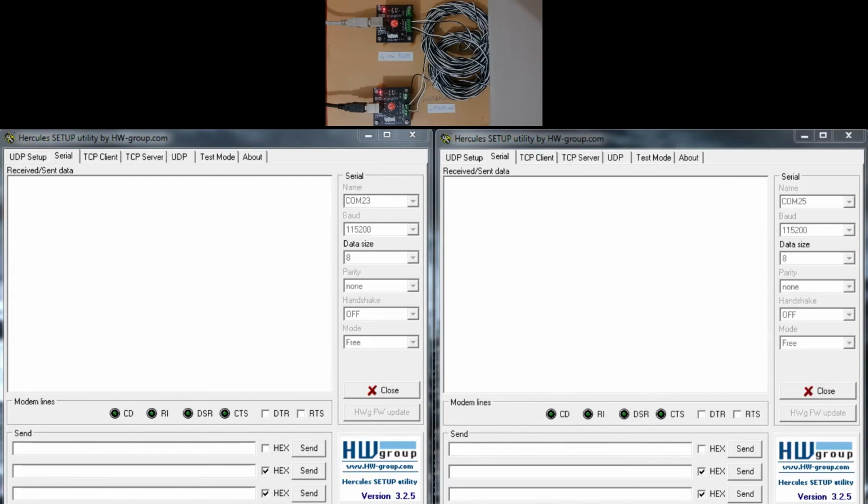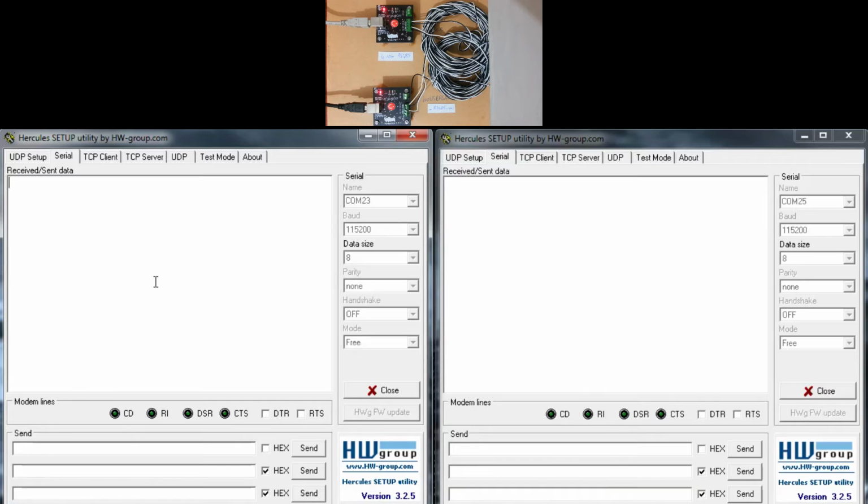I connected these two devices to my computer. Same setup, same software. Nothing new from the RS422 demonstration.